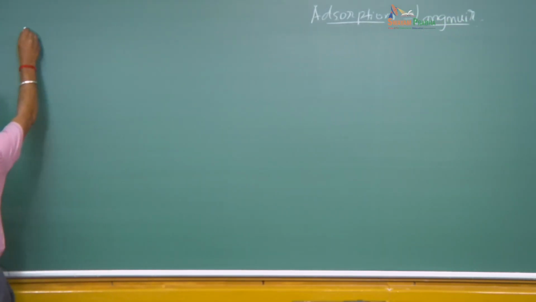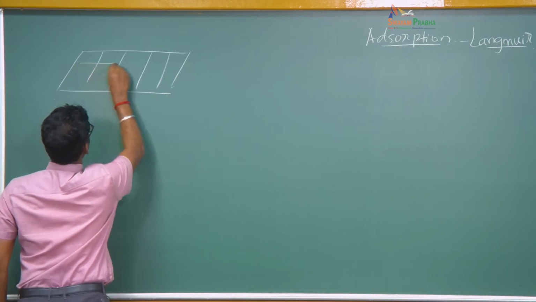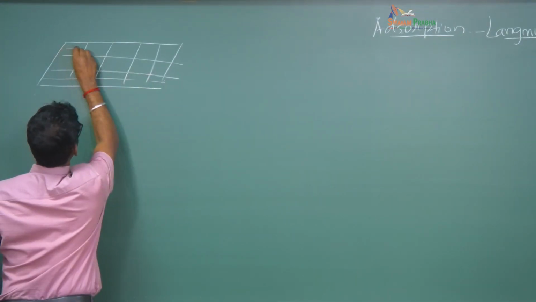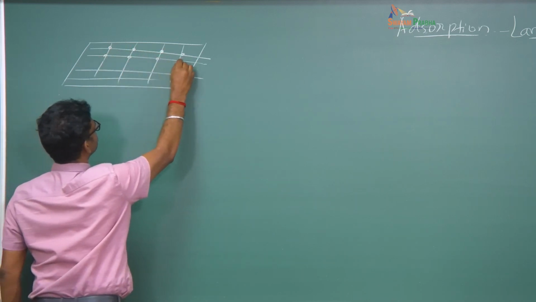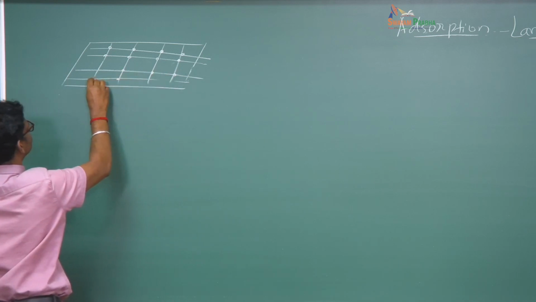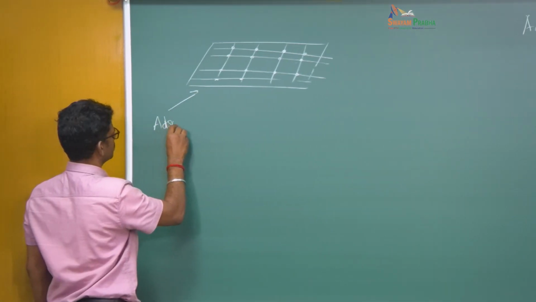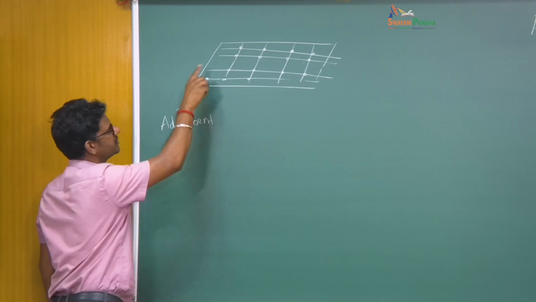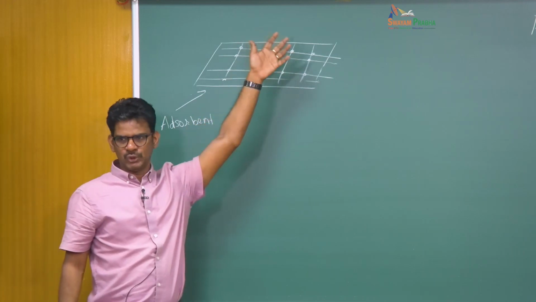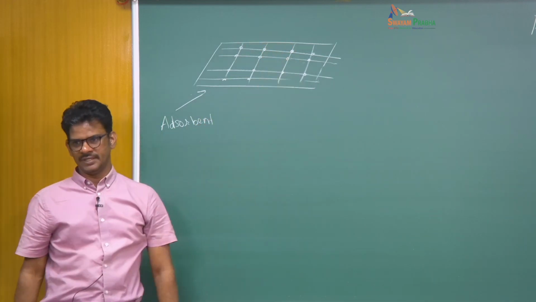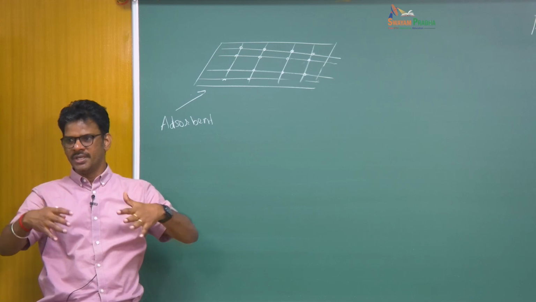So here let us say you have a solid substrate. You can imagine that there are lattice points on which a gas molecule can sit or adsorb. We call this the adsorbent, and this adsorbent is exposed to a gas. This gas contains a certain solute molecule that will adsorb to this surface specifically. So there could be an inert background. For example, you have air and then you have water as a solute, and water may want to adsorb